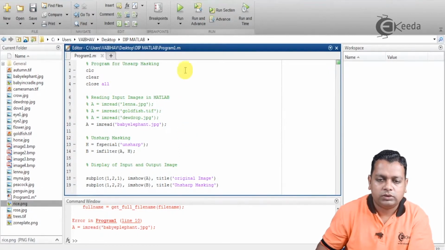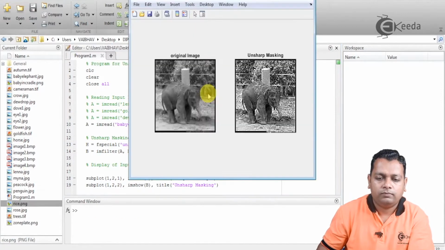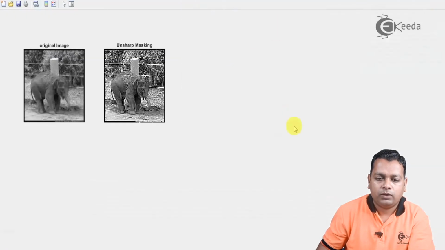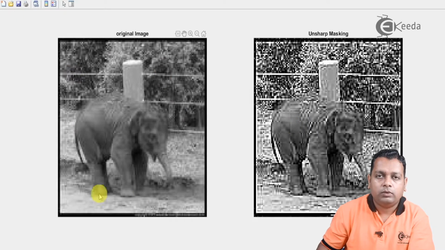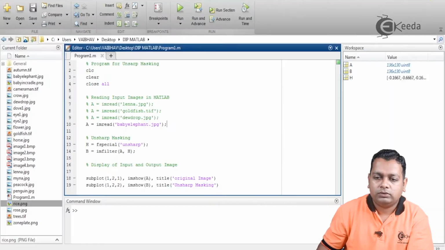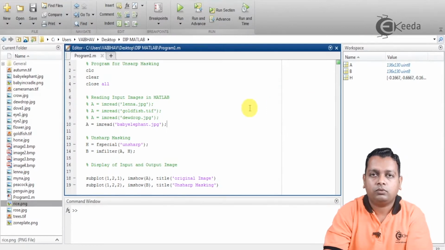Yes, saved changes and running the program, we get the output. See here, the baby elephant, actually the size of this image is very low. So in that much space only, the effect of unsharp masking for sharpening purposes we can obtain like this. So this was a simple program to work on unsharp masking.